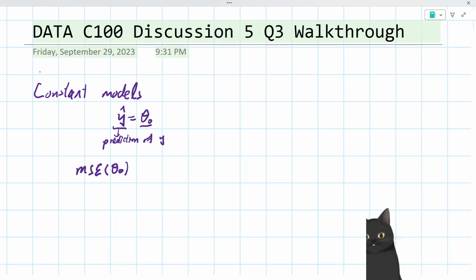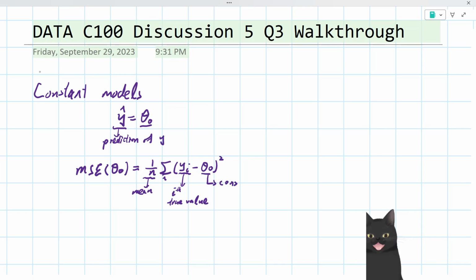So, the mean squared error of a constant function is equal to the average of all of the squares of the difference between the actual value and our constant prediction. Let me analyze this equation again. The 1 over n here stands for averaging, because we're averaging over n predictions that we have to make. Yi here stands for the ith true value, which is the ith y that we're supposed to deal with. And last but not least, theta naught once again is our constant prediction,